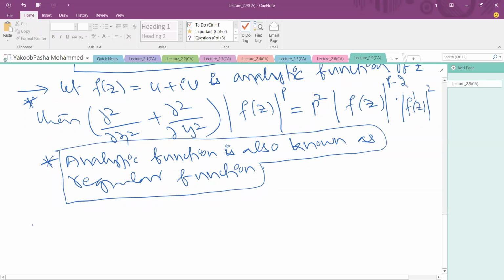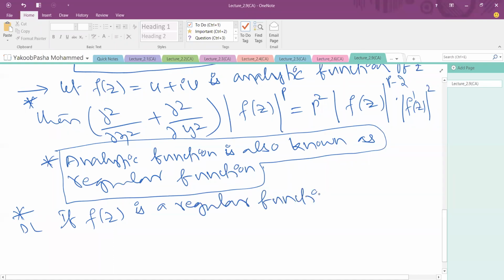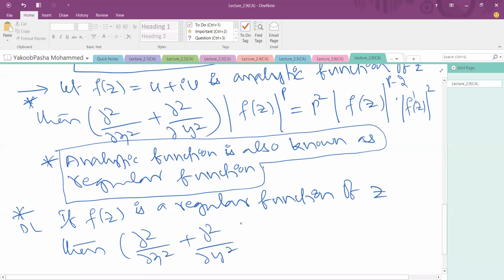Okay. Now I am taking that problem here. If f of z is a regular function of z, whenever it is a regular function of z, then del square by del x square plus del square by del y square of modulus of f of z whole square is equal to